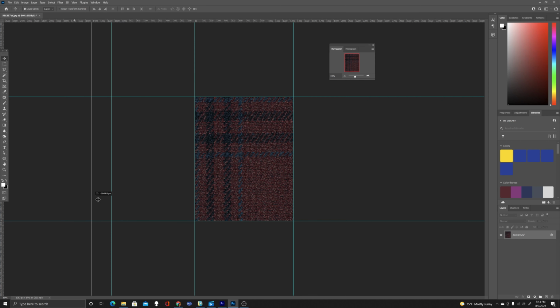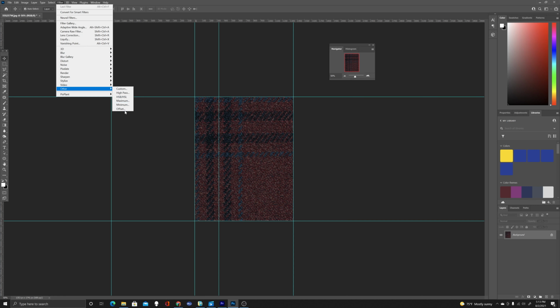So I'm just going to drag a guide out to the middle of it. Before we do that, if your guides are set to anything other than pixels, like maybe you've got picas or something, set it to pixels because it's the most precise. Then drag a guide out, and it'll show you, see that little box with the pixels, when I put my line right in the middle of that repeat, I'm at 330.8. So another cool function in Photoshop is I'll go to Filter, Other, Offset,